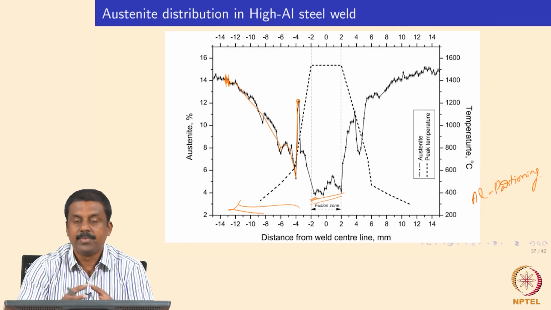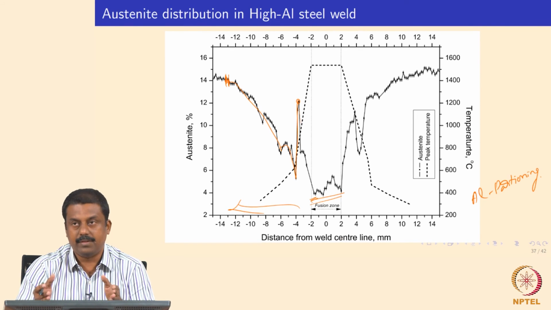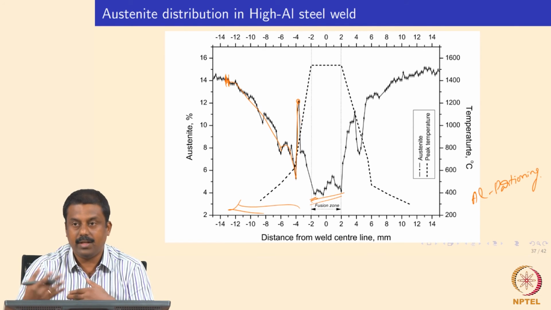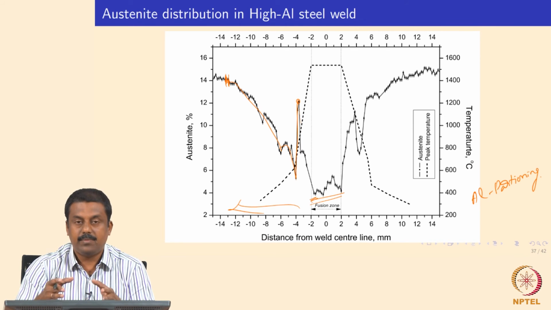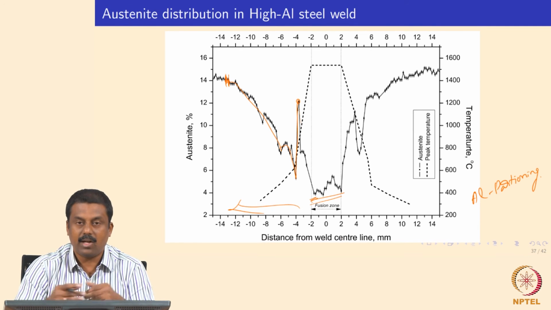So you just cool down from whatever temperature in the fully austenitic region. Based on the carbon concentration of that region, you would end up getting retained austenite. There won't be any enrichment. Subsequently, when you are moving to the fusion boundary, in high silicon steel there is a partitioning of carbon, whereas in high aluminum steel at the fusion boundary you have a stabilization of delta ferrite, decreasing the retained austenite fraction. So I hope it is clear how the retained austenite changes along the weld zone, starting from base material to the center line.